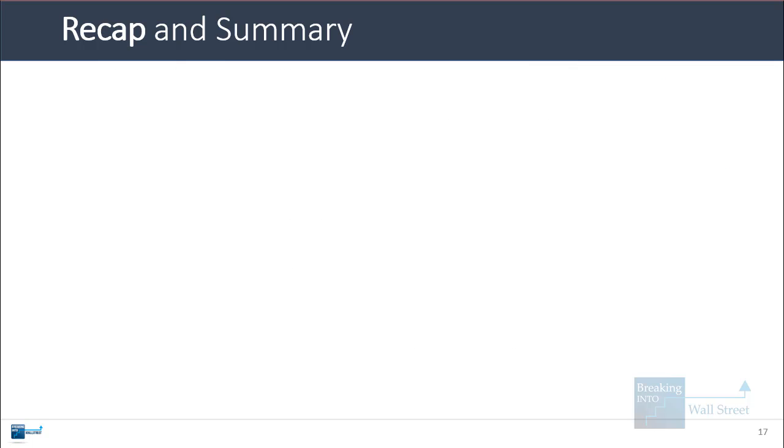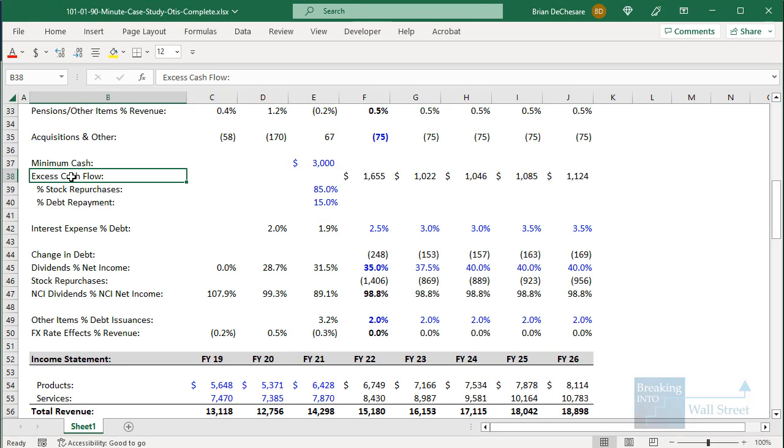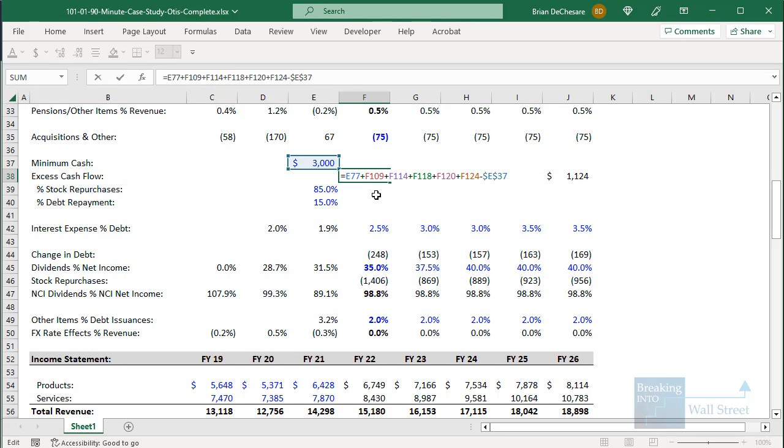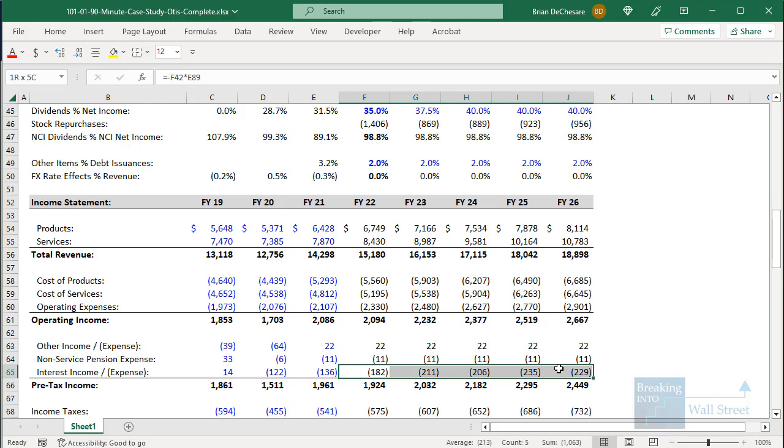That's about it. So let's do a quick recap and summary now. Debt schedules in 3-statement models can and should be very, very simple. The best example we have is for Otis. The basic idea here is to take into account the company's net change in cash and their minimum cash, take the beginning cash, add that net change in cash, subtract the minimum cash, and if it is a positive number, maybe the company can repay debt or repurchase stock. If it is a negative number, then they will have to issue additional debt. You can assume a very simple interest rate on the debt and use that to get to the interest expense